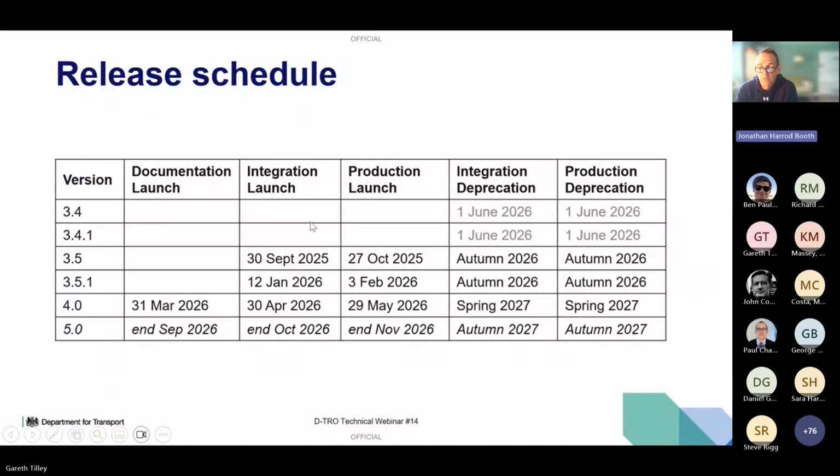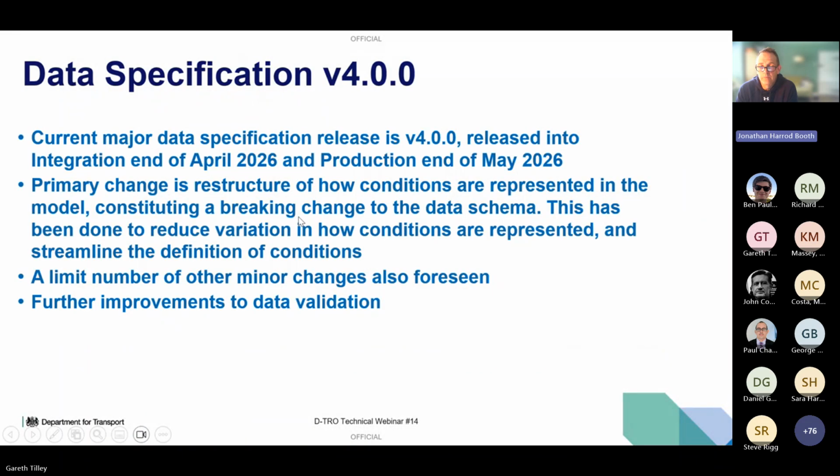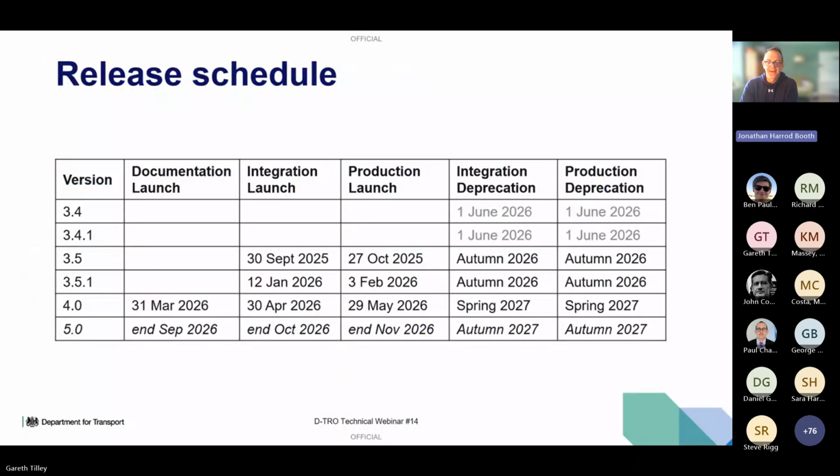I'll talk on the next slide as to what is in version 4 in a very summarized way. Can you go back, please? Thank you. You might have noticed a change in the numbering system. So we're trying to be a bit more rigorous in our version numbering. We will do a major version number update when we are creating breaking changes. So it's possible that the version that gets released towards the end of 2026 may be 4.1. We don't know, but certainly the expectation is that we're working towards a 6-monthly release schedule at this point in time. Next slide, please.